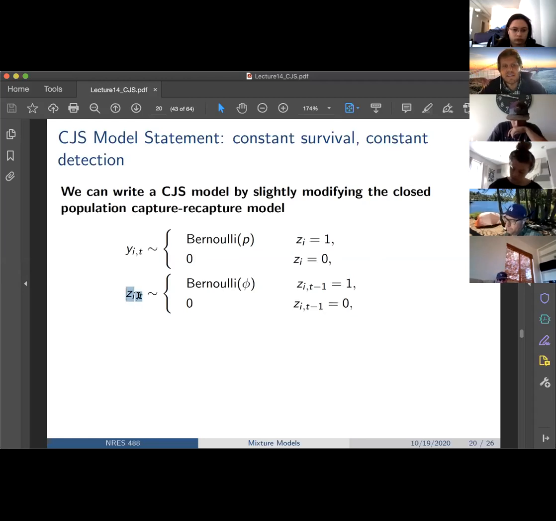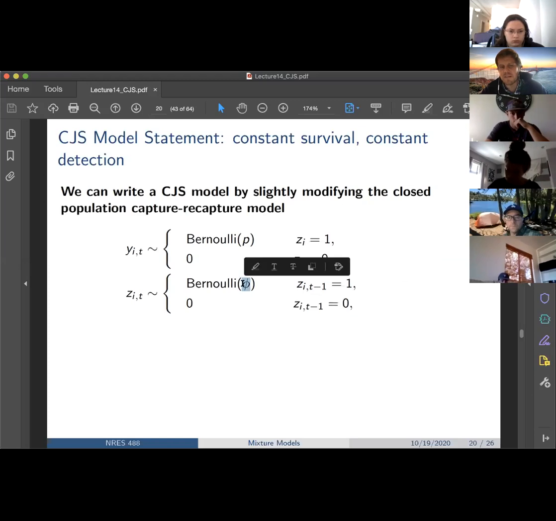Now ZIT follows a Bernoulli distribution again, but with survival probability phi, if the animal was alive in the last time period. If ZIT minus 1 equaled 1, then it's going to survive to this time period with survival probability phi. So the two unknowns in this are P and phi, but we're also going to have some unknowns in the Z's